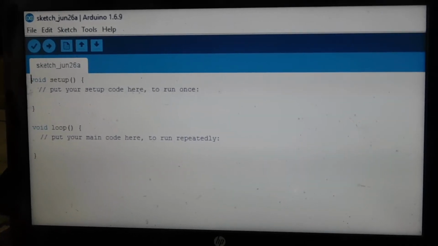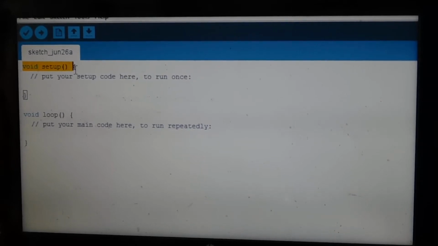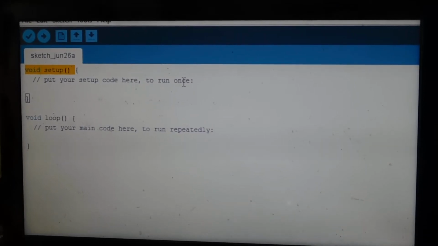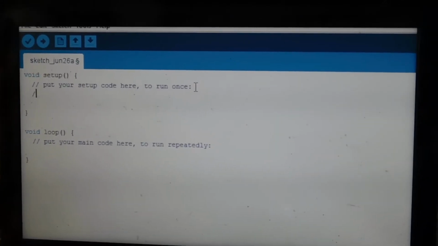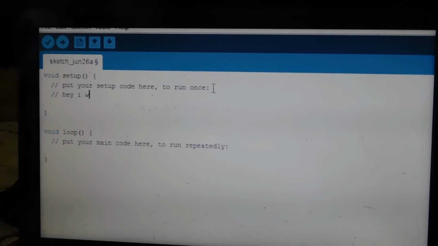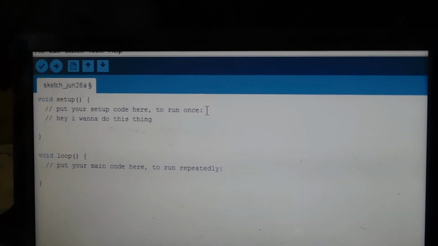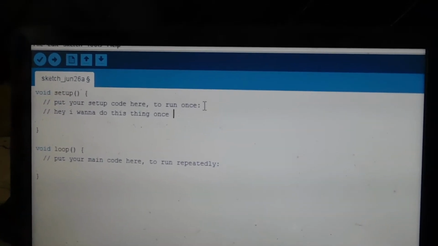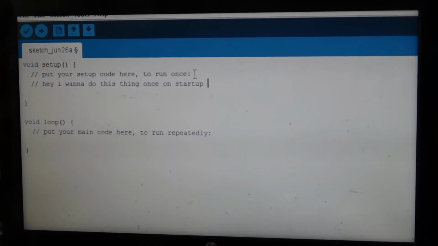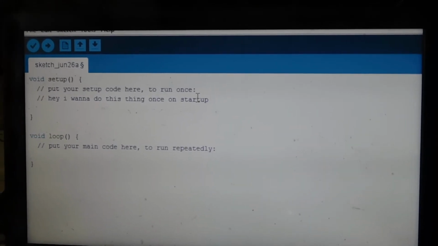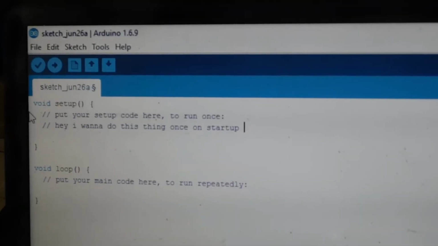Now whenever a sketch opens, it will start with two methods. One is void setup and the other is void loop. Whatever you want to do only once at startup, you can put that code in the void setup method.